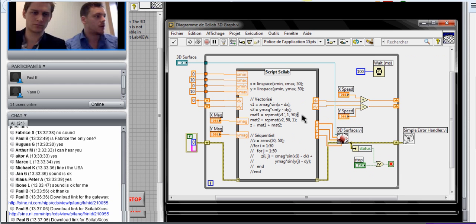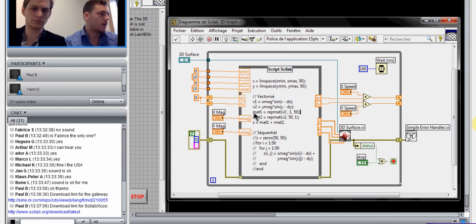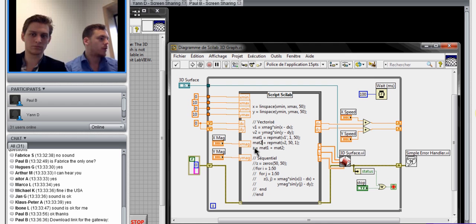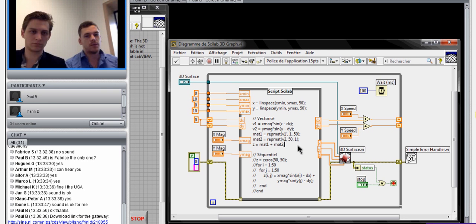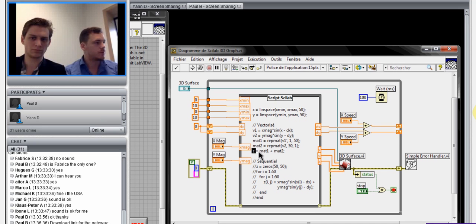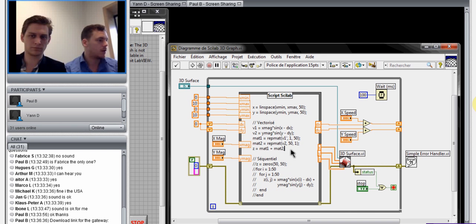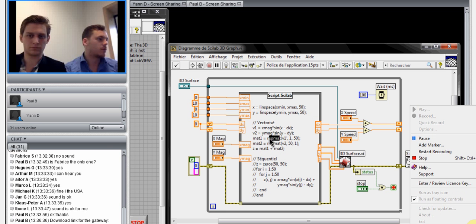After I got my two vectors, I'm even generating two matrices, map1 and map2, which, by adding them both, give me my ending z, which are going to be the altitudes. It's very easy to do. I could have even done z equals repmat1 plus repmat2, but this is an easy and readable way to